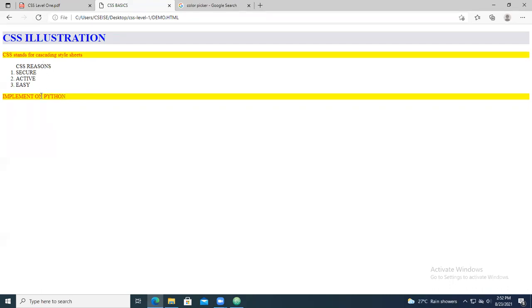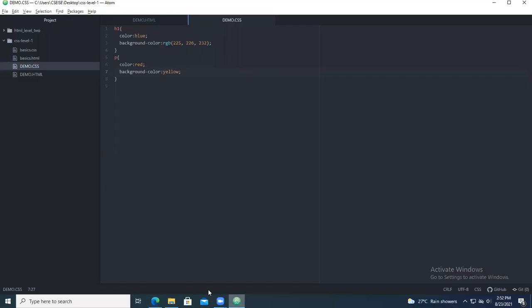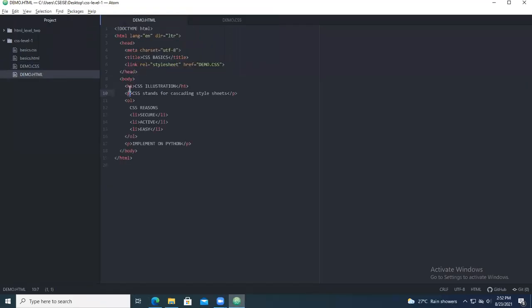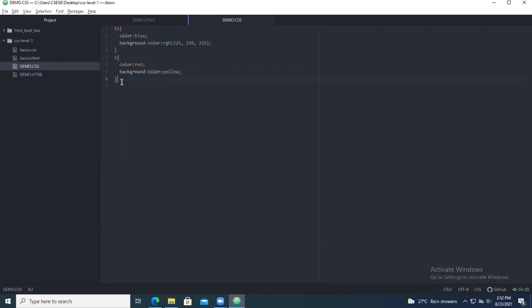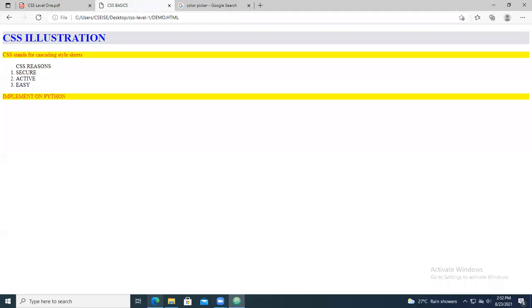So what is the remaining thing we have? So come for the code part. So H part is finished, P part is finished. Now you have LI tag. So this is the one tag which is remaining. So come for the LI. LI means list tag. So list tag, you can give color. So color, you give something called green, or you can pick it from RGB values also.